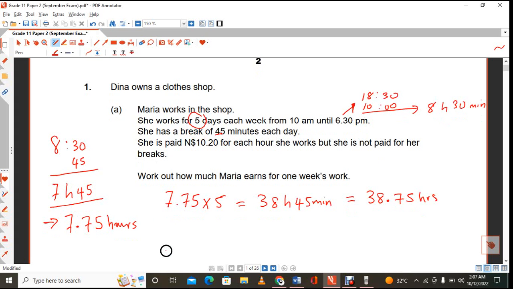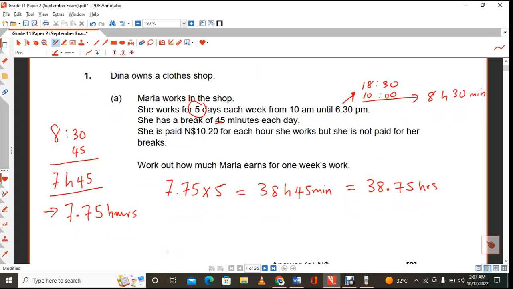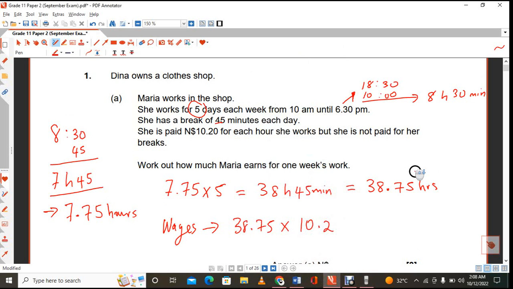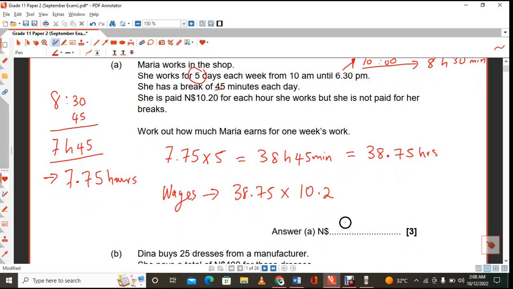She is paid $10.20 for each hour, so that's going to be her wages. So let's calculate what her wages is, because they are asking for the week's earnings, so we'll refer to that as the wages. The wages is going to be that 38.75, you multiply that by what she is getting paid per hour, and you punch that onto your calculator: 38.75 times 10.2. That gives you $395 Namibian and 25 cents. All right, so whatever method you're using in order for you to arrive at this answer,